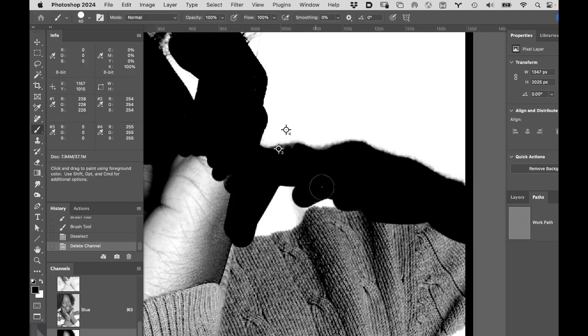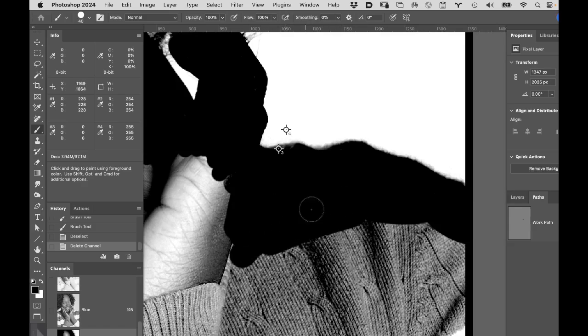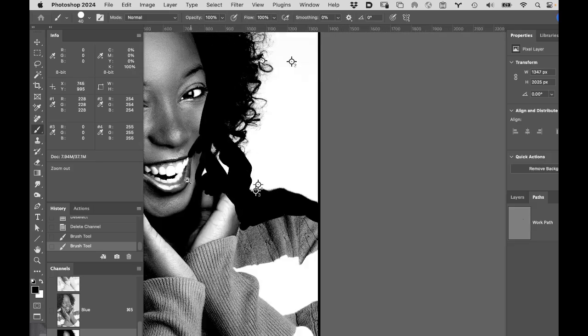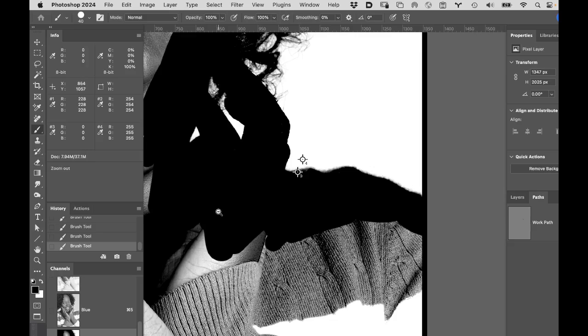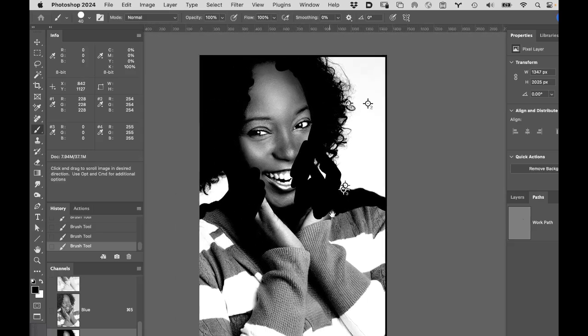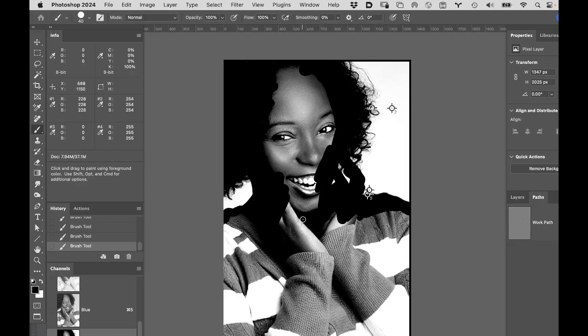All I need to do now is make the rest of the sweater and her face black. So I typically do a bigger area of this using my brush. And then I'm going to zip back out, and I'll do more of this on the side of her face just to give me bigger areas, so that now that I've got all of this area black. Again, I can zip back out. I can now use my lasso key, the L key, and I can do a lasso of all the lower half of her body